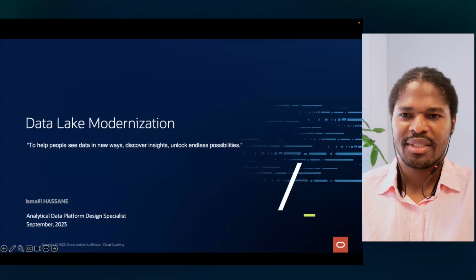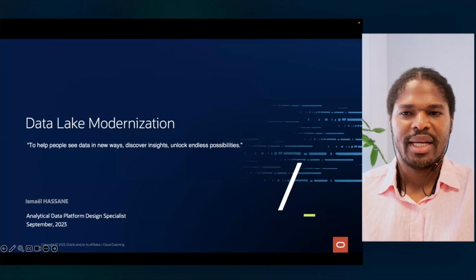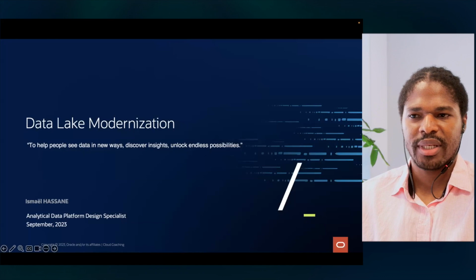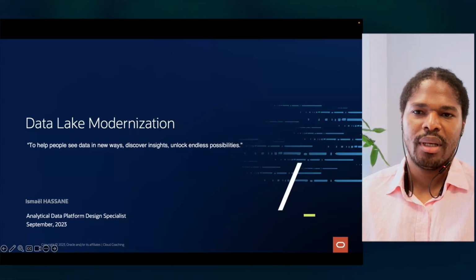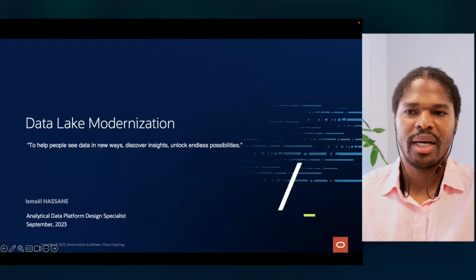We are going to discuss data lake modernization. It is part of a series on analytical data platform, which you know is core to the Oracle Cloud strategy. In fact, our mission statement, which is to help people see data in new ways, discover insight, and unlock endless